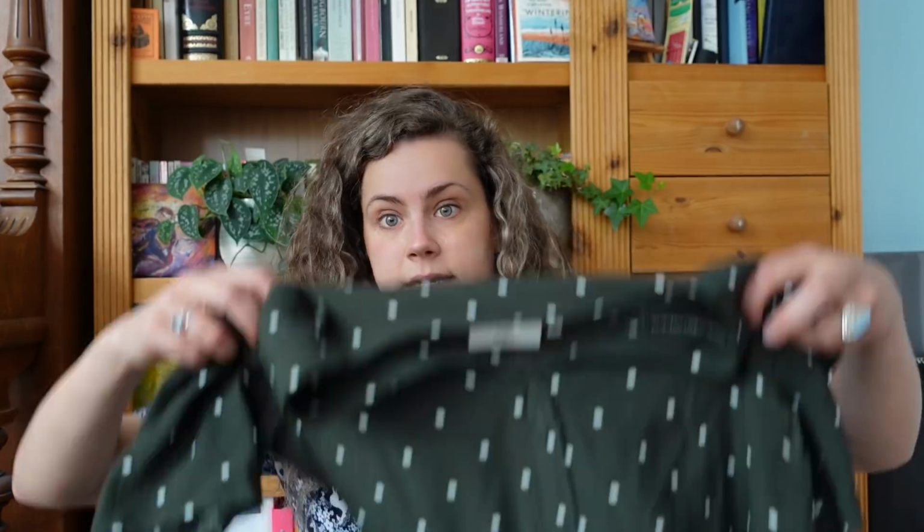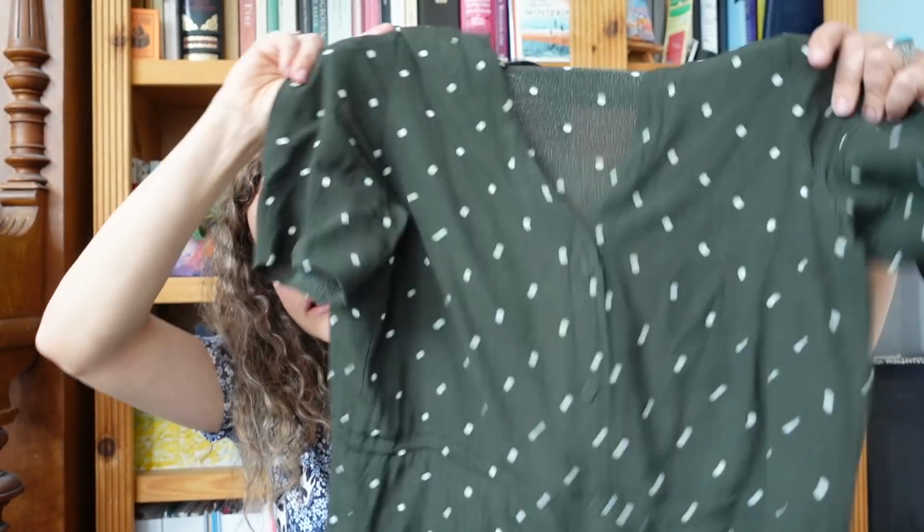So I also did some mending and some alterations, and this one doesn't really count as an alteration, but it does make it 100% more likely that I'll wear this item. This is a dress. It's a green dress, and it has a button front. But because my bust is larger than the rest of, well, usually your bust is larger than the rest of you, but in relation, my bust is quite large, and the buttons on this dress always